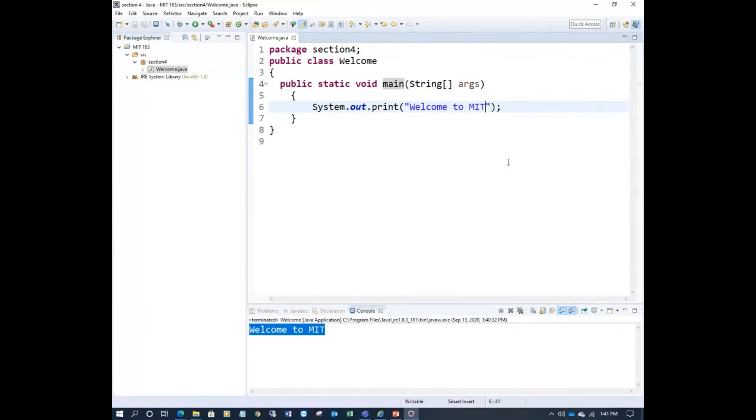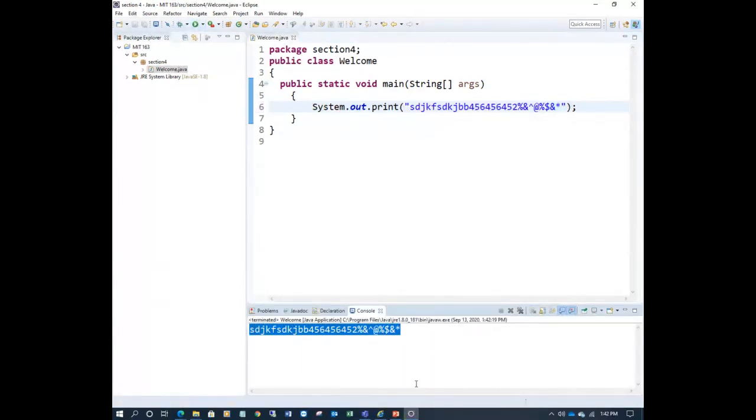It holds some message, which may be text, letters, numbers, symbols, whatever you write within the double quotes, and it will display the same. For example, if I change something here, I can write any numbers or symbols, and if I save and run, it will print the same.